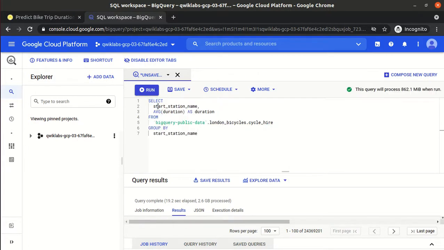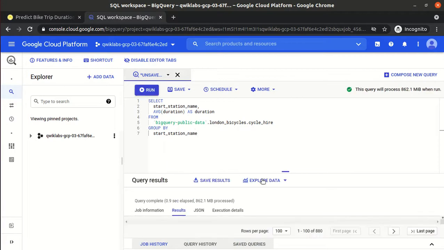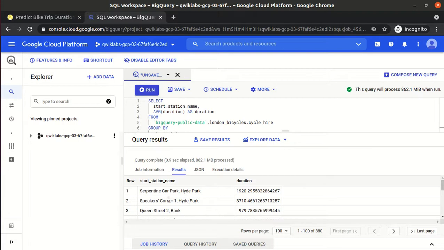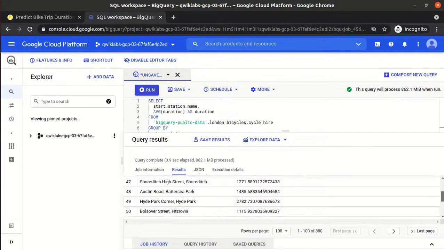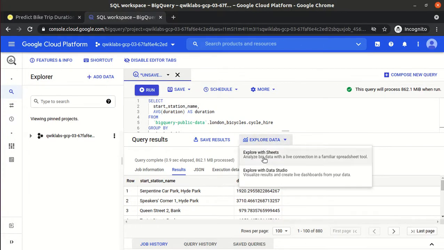So first is the start station name. I think there is definitely a relationship between the start station name and the duration. So let's see. We run the query. By looking at the query results, we will not be able to see if there is any relationship or not. We have to scroll through all the rows, right? But if we explore the data, explore with Data Studio,